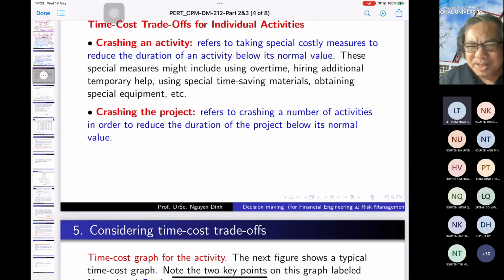So if you want to crash the duration of the project, that means you want to reduce the time for finishing the project, you need to consider the critical path. Is that okay? You have to reduce the critical path. By the way, I tell you,